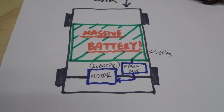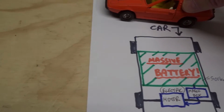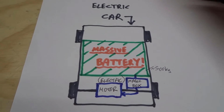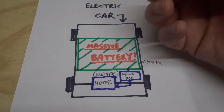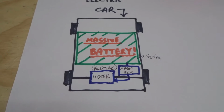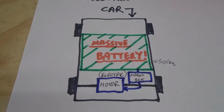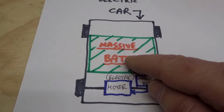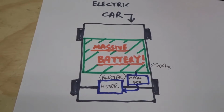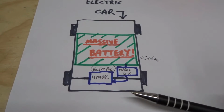Normal disc brakes actually just turn all the energy stored in the motion of the car moving forward, being forced to slow down, into heat. And on racing cars you'll see them actually glowing red as the heat's radiated away from the discs and conducted to the air. So that's wasted energy. You've put that energy into the car and you've now just expended it as heat into the environment. So wouldn't it be better to turn it into something useful like electricity for your battery, giving you a bit more range? So electric cars and hybrids and plug-in hybrids to varying extents use what's called regenerative braking,